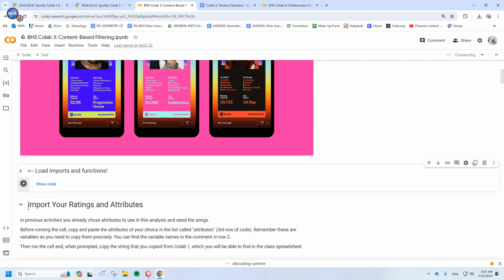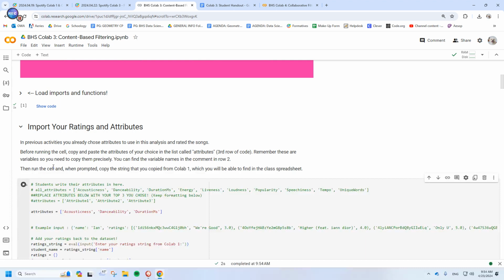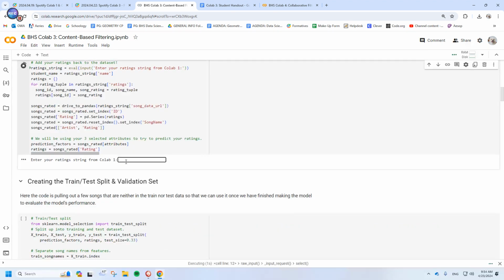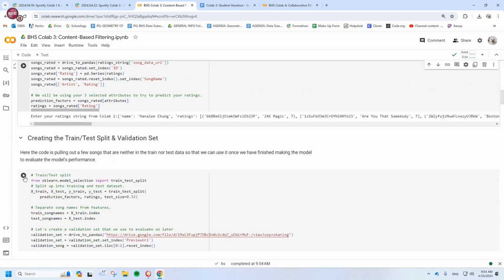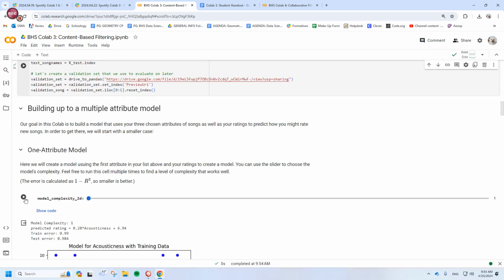So I'm going to press play, wait for a check mark. It's taking a moment. There's a check mark right there. Press play, and it's going to ask for my rating string from COLAB 1. I'm going to paste that in. Okay, once I do that, I'm going to go down, press play, everything looks okay, and here is the first